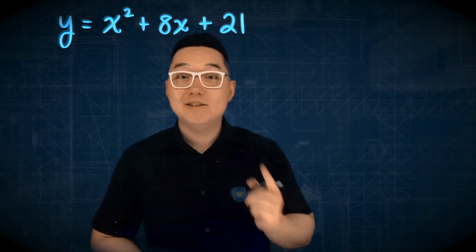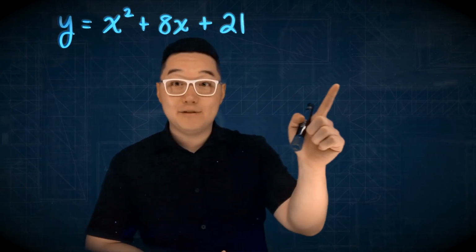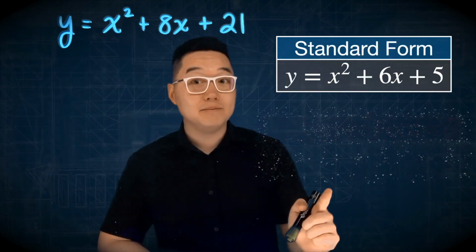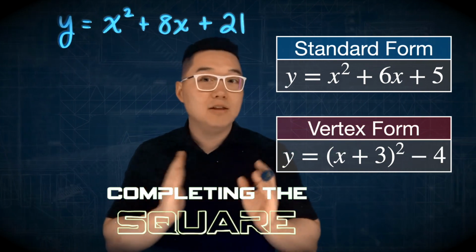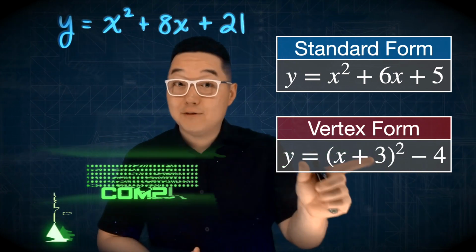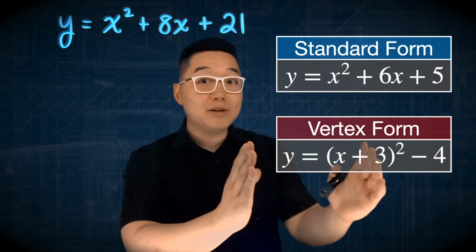Hey everyone, today I'm going to show you guys how to turn a quadratic function that is in standard form into a graphing or vertex form. To do that, we're going to use a method called completing the square. Notice that the graphing or vertex form has something that looks like this, where it says x plus 3